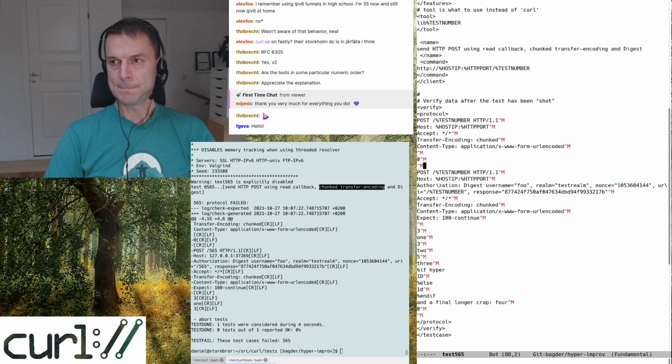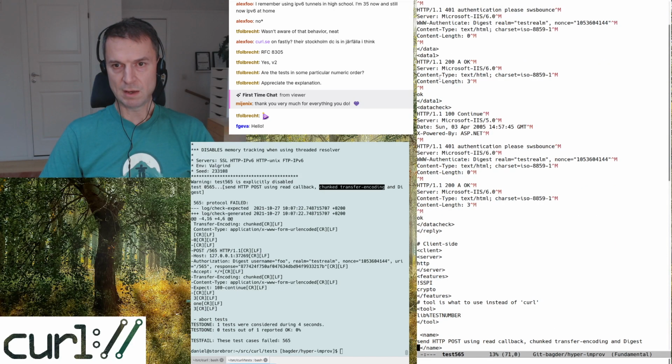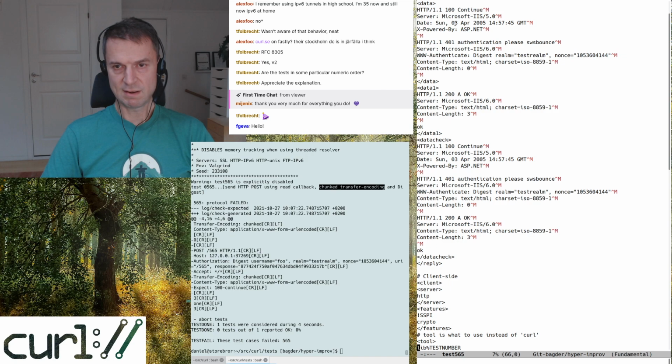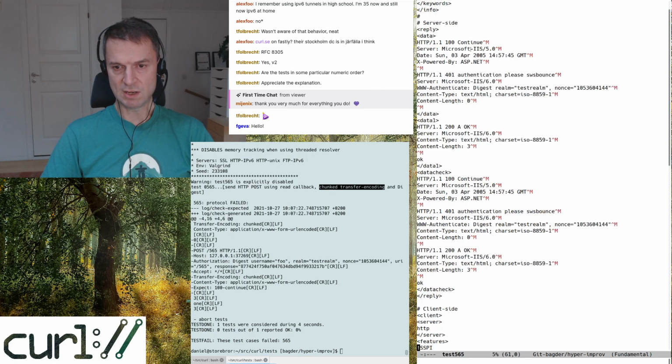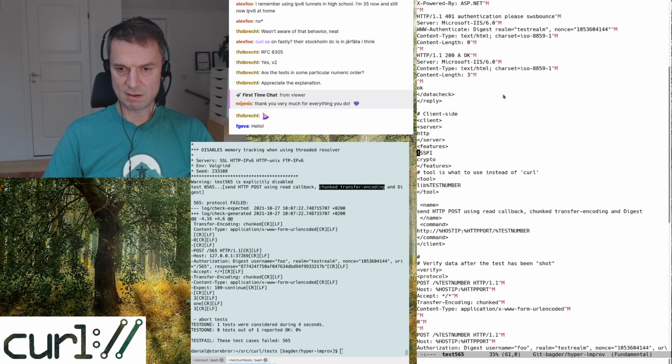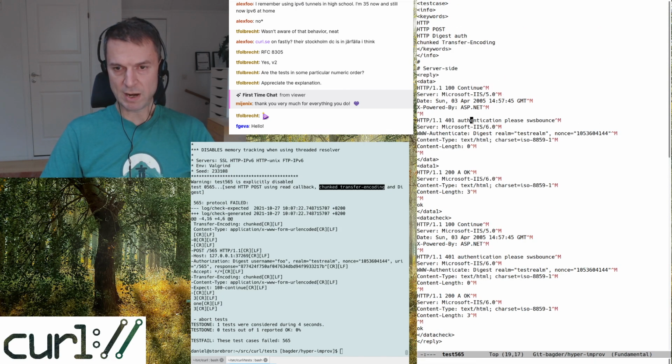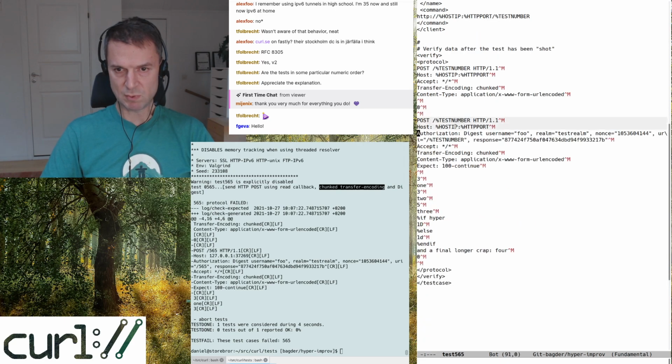Oh right. Since it knows that it is doing digest authentication, it'll just send a 0 length chunked encoding post first, which is basically no post. And it knows that it won't succeed to get anything. It knows that it'll get a 401 back, so it'll get a 100 and then a 401, and then it'll send the next post, and the next post will look like this with a proper authorization header and transfer encoding chunked, and then the